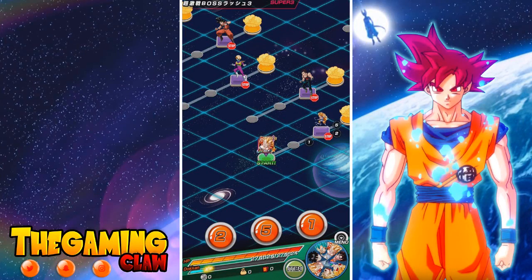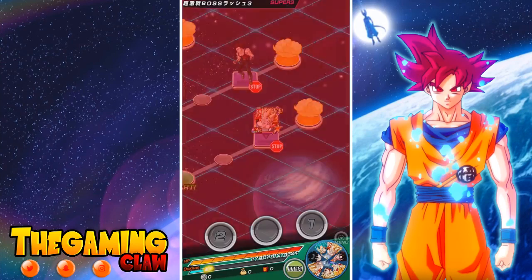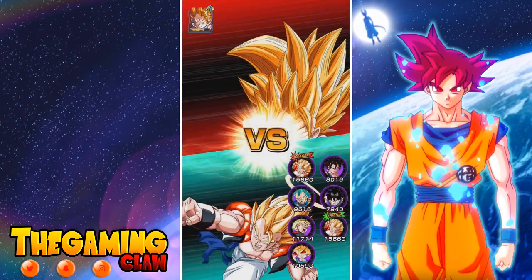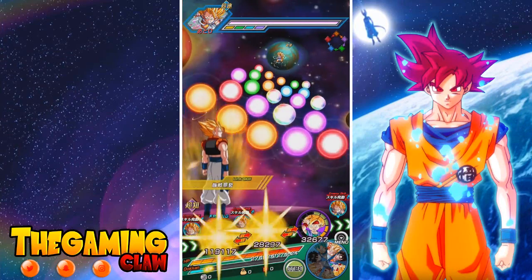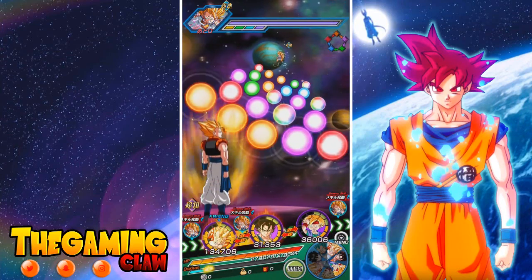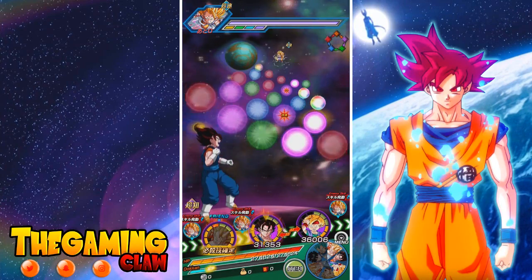So in today's video, I'm going to show off INT Vegito, and he was always an interesting unit just because he did have that new type passive. Because we have Super Saiyan Rage Trunks on this team, I'm curious to see how good he is because Rage Trunks does change orbs, which means that he is going to be able to collect a larger amount, so definitely going to try to get those